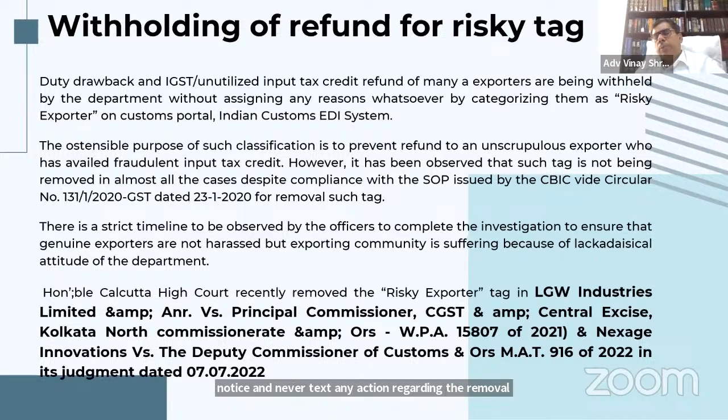So here I have dealt with many such cases, in fact, for Calcutta High Court as well as other High Courts. And whenever we file a writ and they are asked to give the reason, sometimes they are unable to furnish any reason. Sometimes they say that their input tax credit is doubtful. So what we generally argue is that whatever is doubtful, the department is entitled to recover that tax from the SAC by issuing a show cause notice. But there is no condition under Rule 89 for